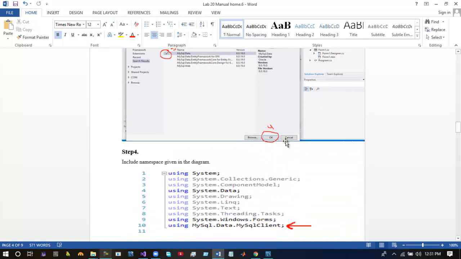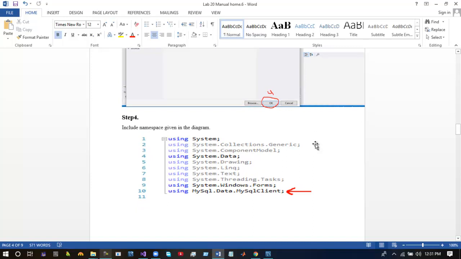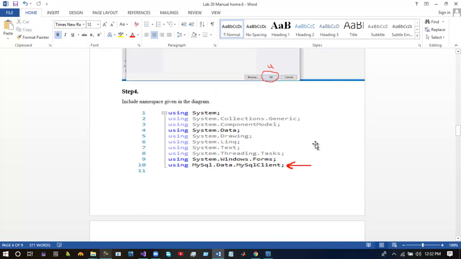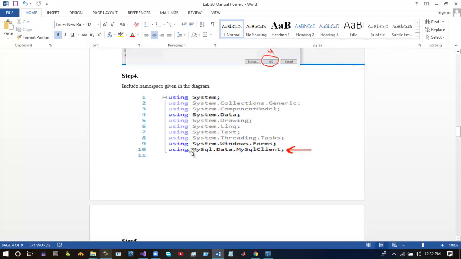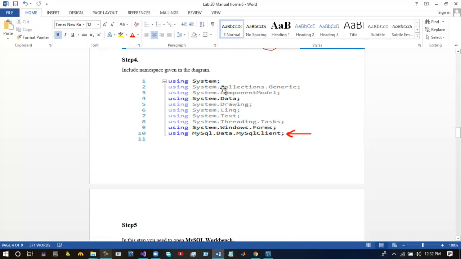Once you finish step number 3, in step number 4 you need to insert this namespace, using mysql.data.sqlclient and semicolon. At the end of your namespaces you need to insert this namespace.